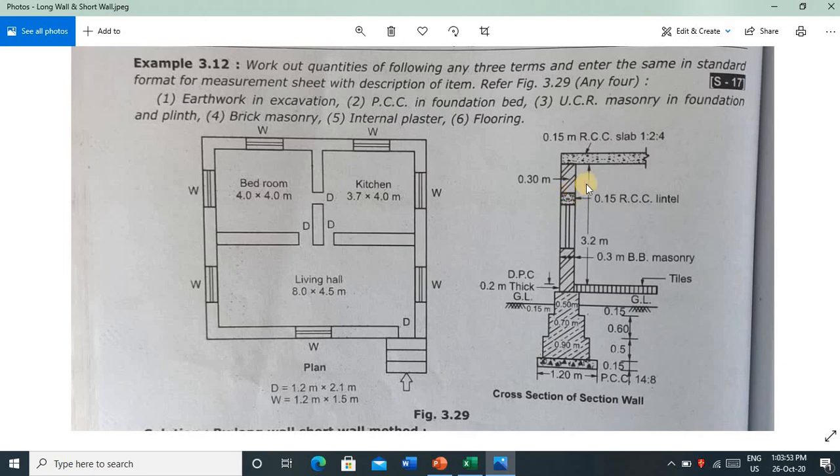The brickwork will be for this length only, this and this, so we need to deduct the door, window and lintel above doors and windows. Okay, so